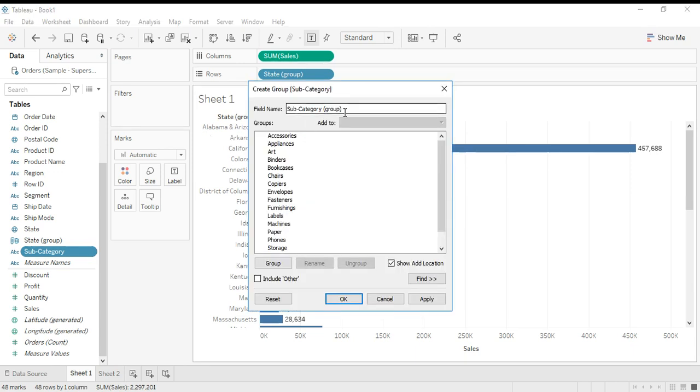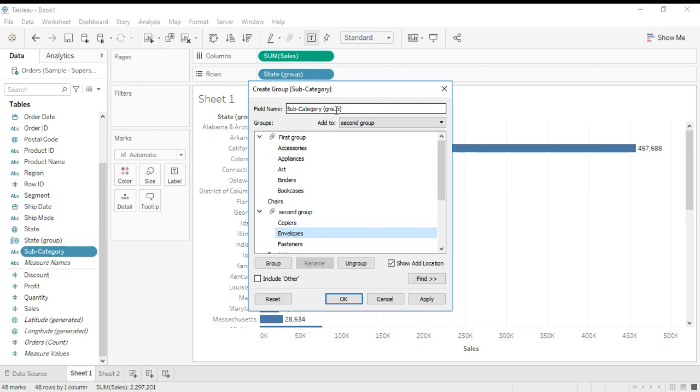The field name is subcategory group. Under it you can create different groups. I want to create these five as one group. Click it here, group, and by default you get all the names. I want to rename it to first group. Okay, I hope you got it. If you want to create another group, you can create another, these three as a group. Click on group, and you can create a second group. First and second group were created under this new dimension field called subcategory group.